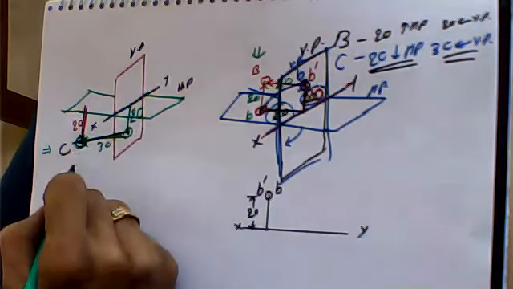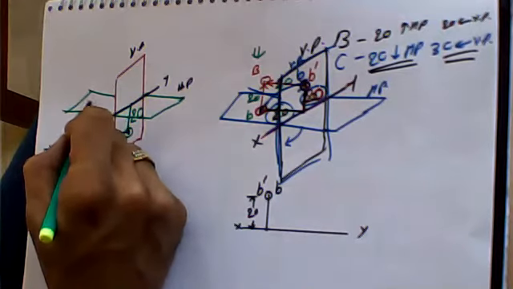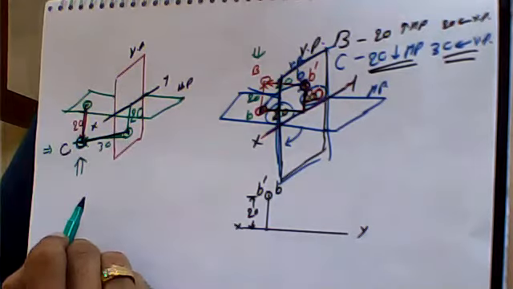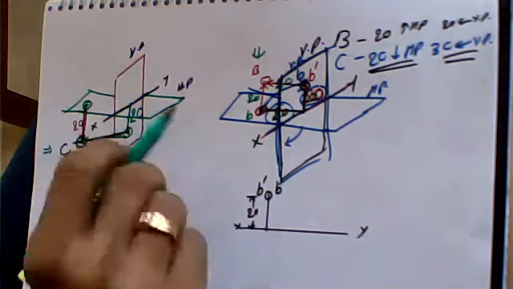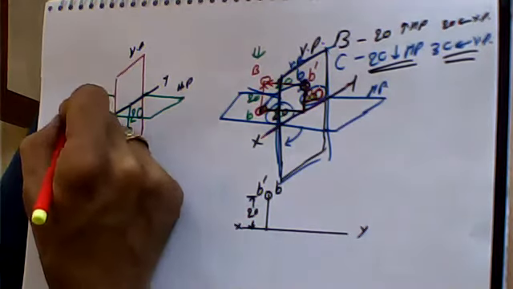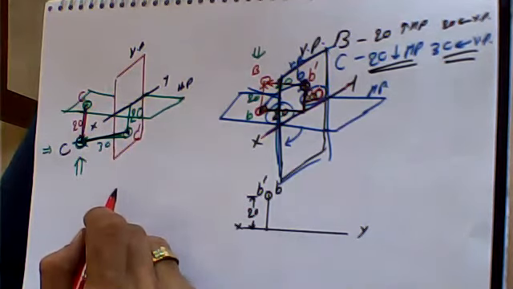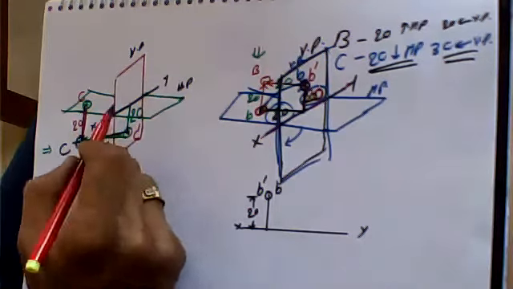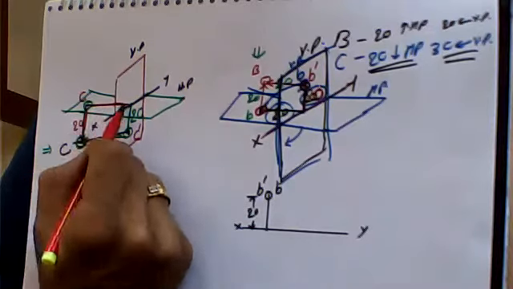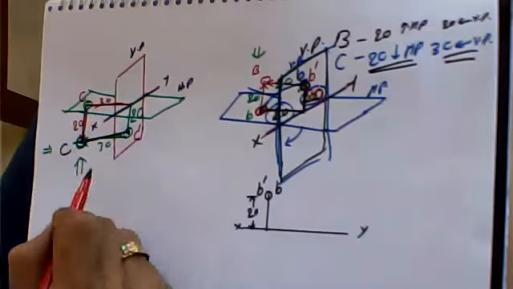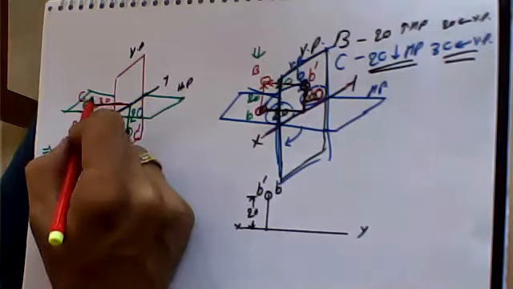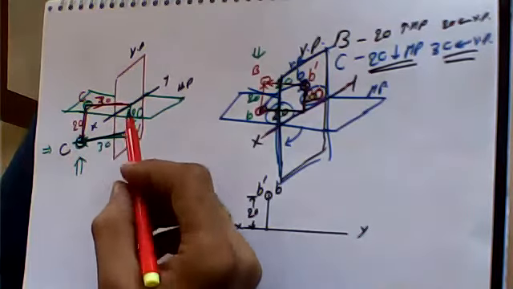और उसका projection अगर horizontal plane पे ले तो वो यहाँ पे मिलेगा. So that projection on horizontal plane is going to be called C, and projection on vertical plane is going to be called C dash. Now what we'll do, we'll be referring this information, वो reference से कितना दूर है, I'll be going to say that it is going to be 30 mm. I hope you are able to see that 30.